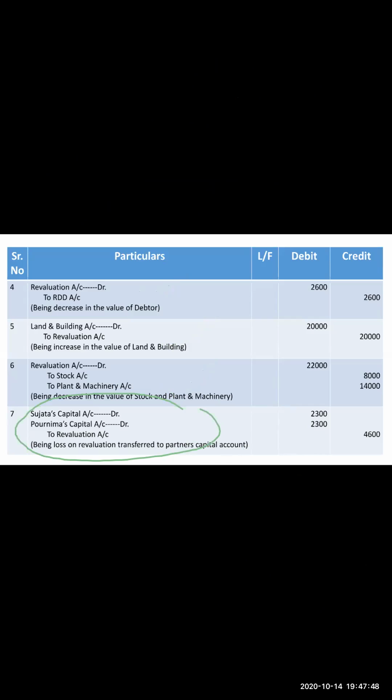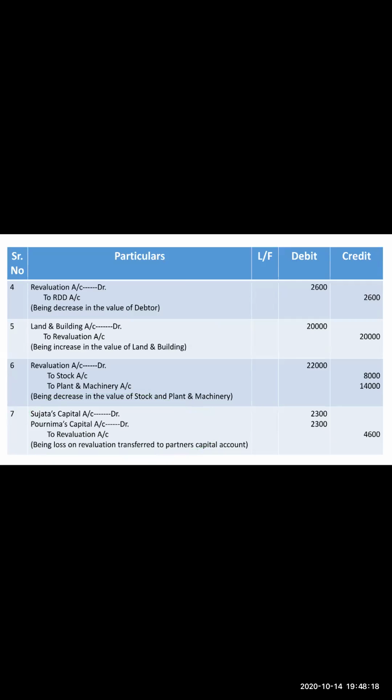ठीक है, तो इसीलिए यह entry will be of loss will be Sujata's capital account debit, Purnima's capital account debit to revaluation account, क्योंकि whatever is there left in the revaluation, whether it's profit, whether it's loss, वो सिर्फ distribute किया जाता है या transfer किया जाता है old partners को ही, new partner को नहीं दिया जाता है, right? That's why only old partners' name is mentioned over here. Sujata's capital account debit, Purnima's capital account debit to revaluation account being loss on revaluation transferred to partners capital account,